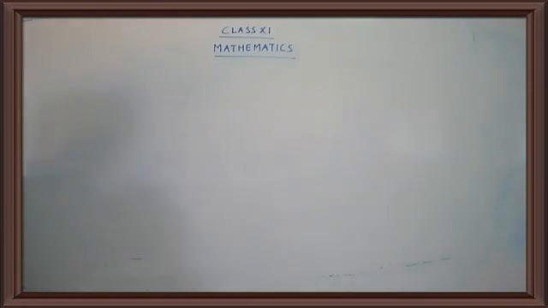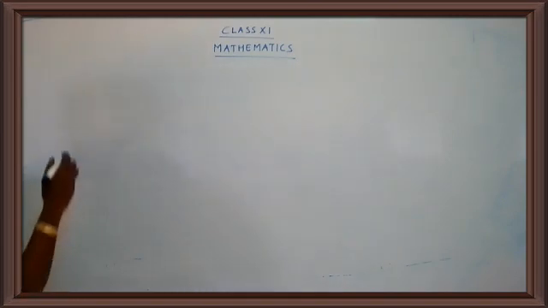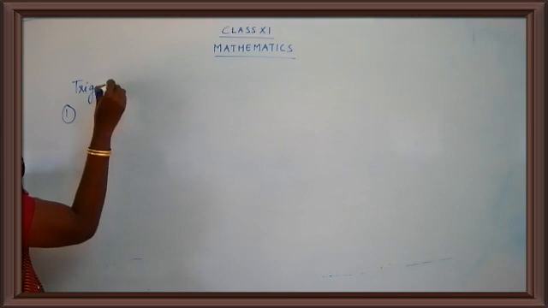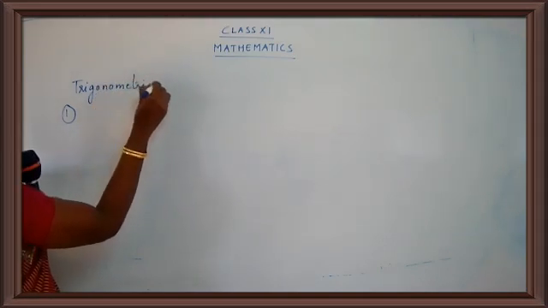Before we go to today's class, let us have a small recap of what we have seen in the previous class. In the previous class, we have seen about the trigonometric identities. Yes, we have written around 6 trigonometric identities. Let us revise those 6 identities and later on we will continue with exercise 3.4. Okay children? Okay. So let's see what were the trigonometric identities that we have seen in the previous class.